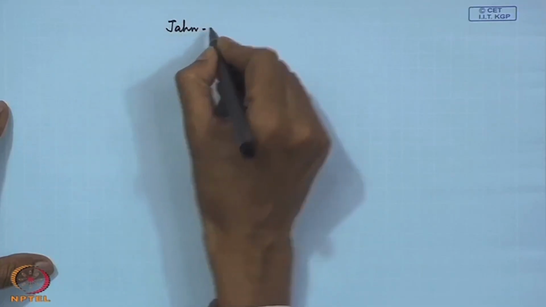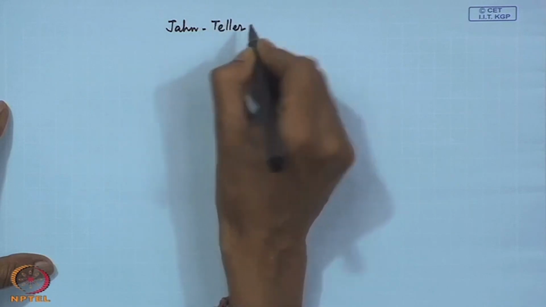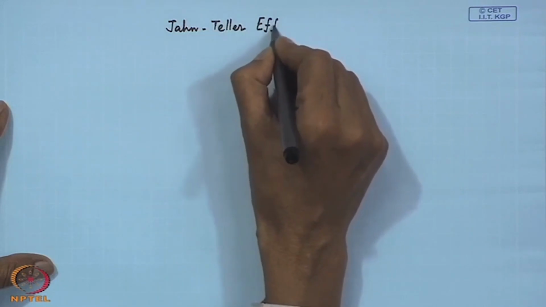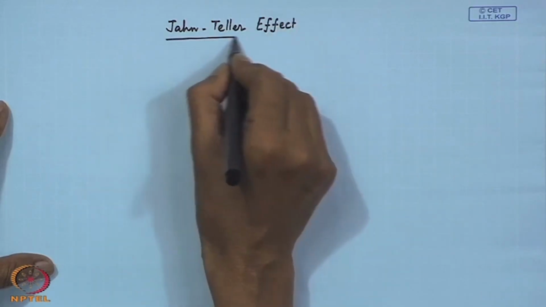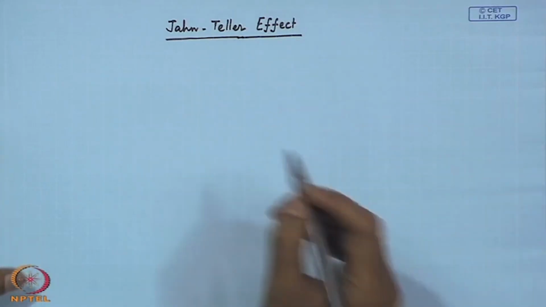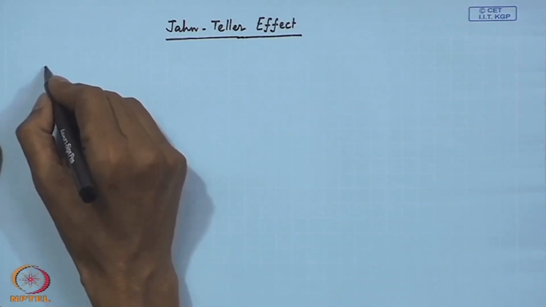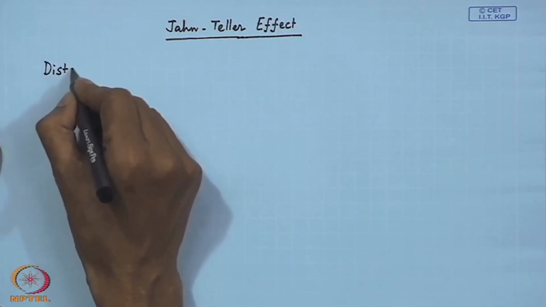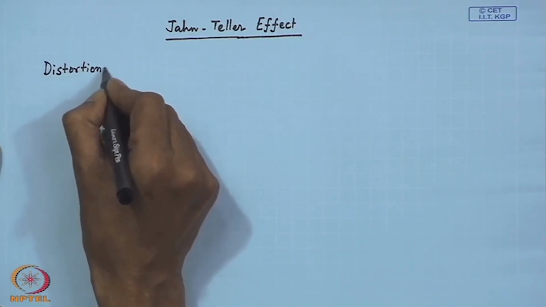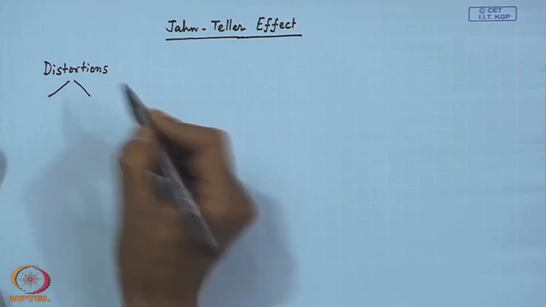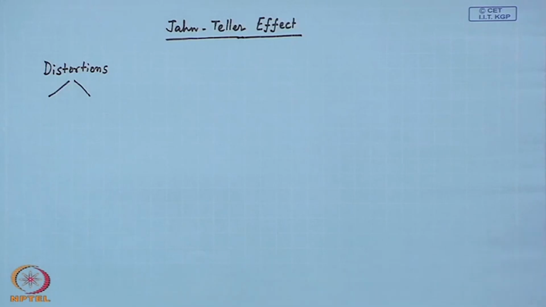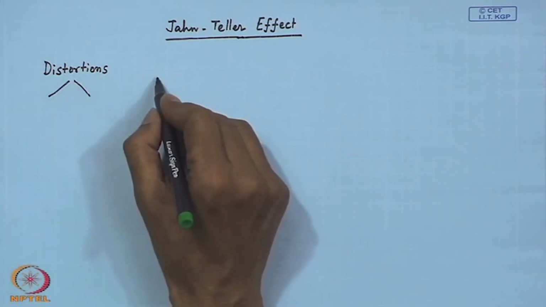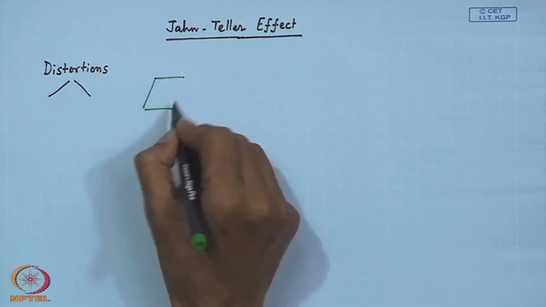Good evening, everybody. So, today we will talk about some other type of distortion which we will consider as the Jahn-Teller effect. So, for the two types of distortions we have seen so far, which are basically tetragonal type, if we consider an octahedral geometry